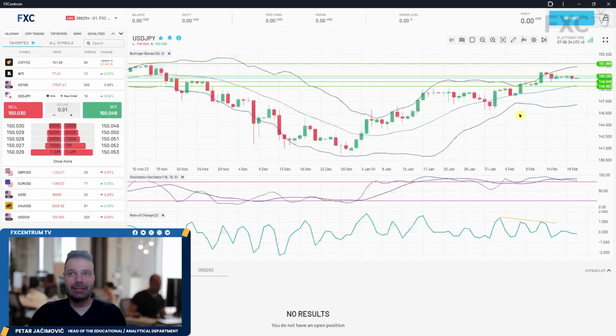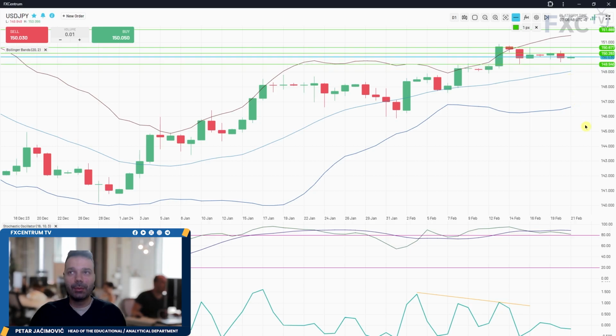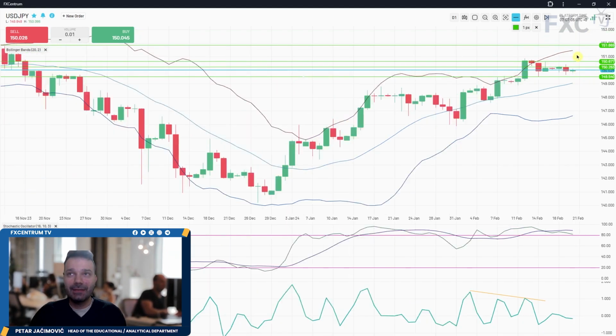Now, USD versus Japanese yen. What we can see here is that on the daily time frame, the market is doing just a consolidation the last couple of days, a very tight consolidation where we have resistance at 150.67 and support around 149.54. That's a very contracting environment, so there is a potential for the breakout. My perspective: if the market can break 150.87, there is a chance for the test of the upper Bollinger Band and 151.50 or even the 152 mark. In case of a downside breakout of the support at 149.55, there is a chance for the retest of 148.75